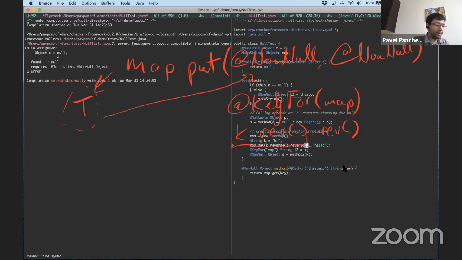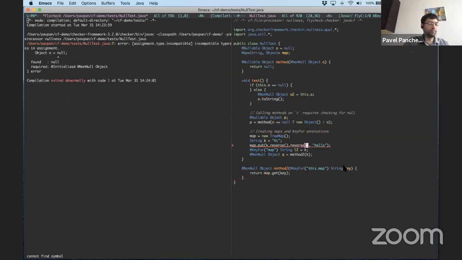If we now continue propagating it backwards, what do we know about k.reverse? Nothing particularly interesting at all. And then we take that nothing interesting at all, which here would be non-null, and we propagate that further backwards. If we know that k.reverse is non-null, what do we know about k? Just that it's non-null. And so this is an example where this analysis loses some precision because it doesn't have any special knowledge about k.reverse.reverse.